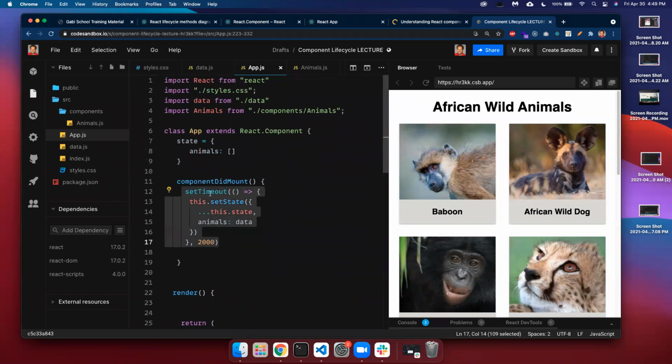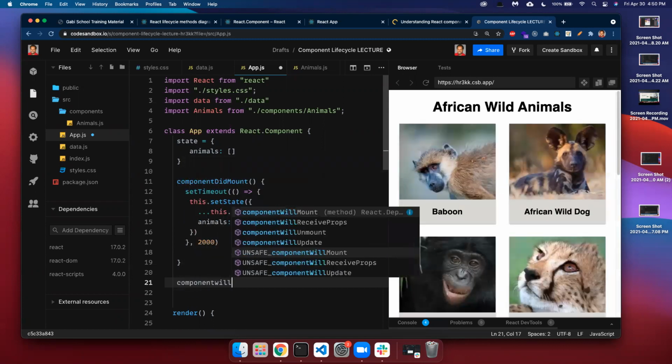But the general idea is componentDidMount is the same as useEffect. You could also use componentWillUnmount. That's usually used when you want to let the person know they are about to leave the component or move away somewhere else. So you could just create componentWillUnmount